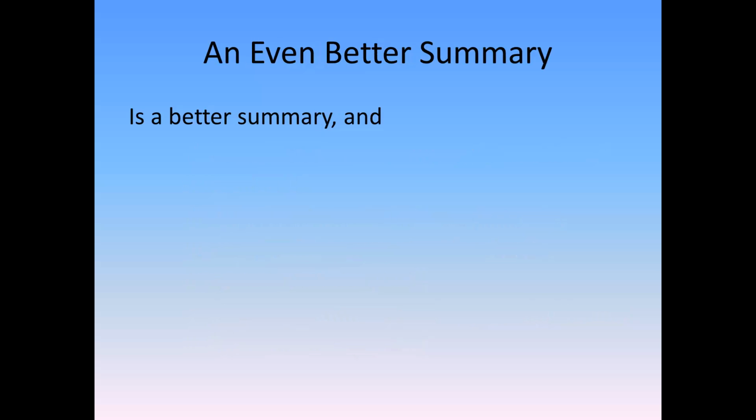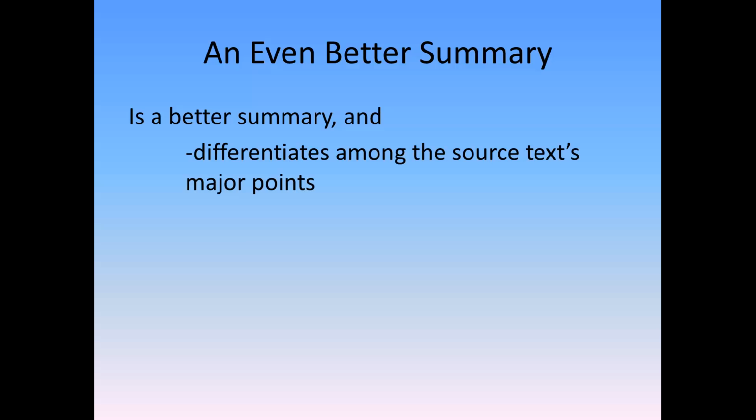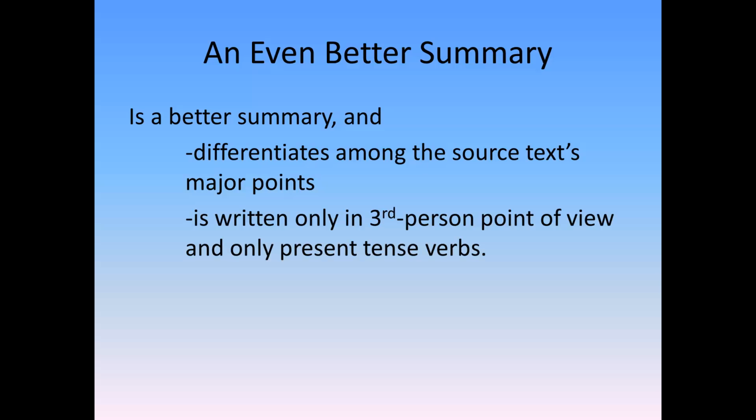To compose an even better summary, then, you need to accomplish those few things, as well as to differentiate among the source text's major points. You need to identify more than one major point and draw lines between them. You also need to make sure that you're only writing in third-person point of view and only with present tense verbs. Two notes here. The reason you need to write in third-person point of view is that you want to